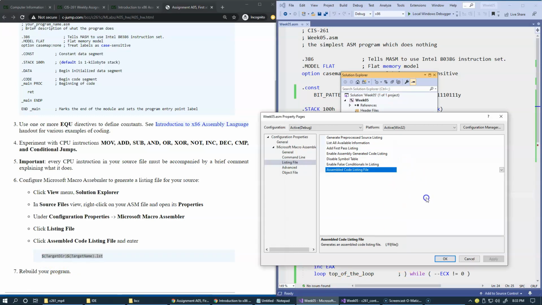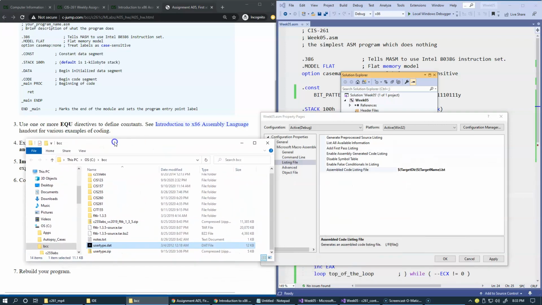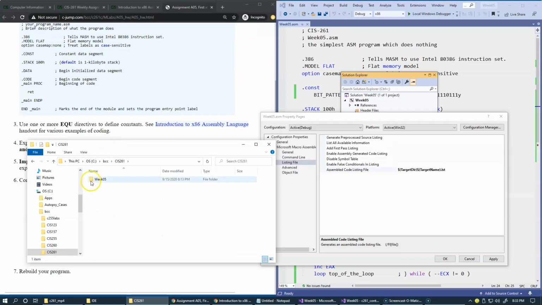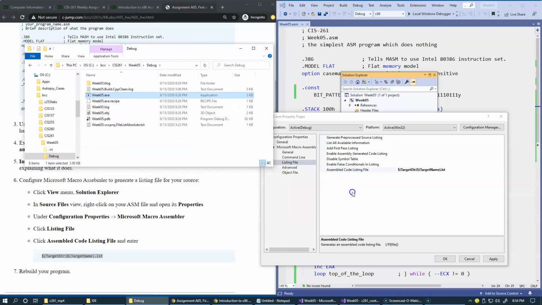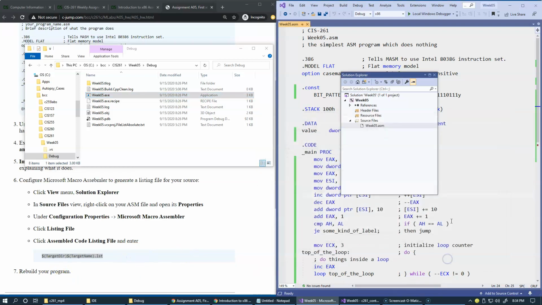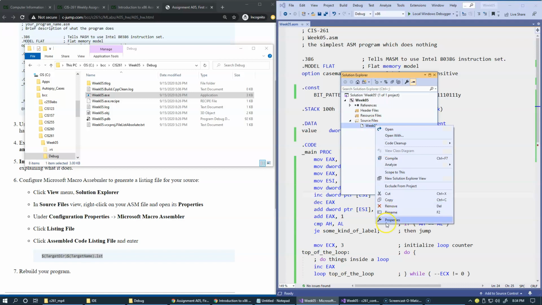into this location, it's the target directory, which I'm expecting to be used as here, week 5 debug. For instance, if this is a debug build, this is the target, and side by side with our executable file we should be able to observe creation of a listing file. Okay, so let's just make this change and click apply. Okay, so this was done through the properties of